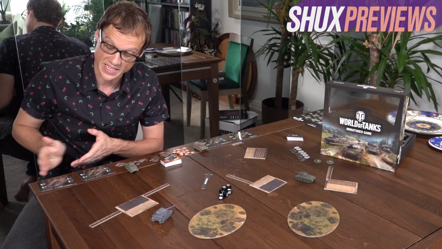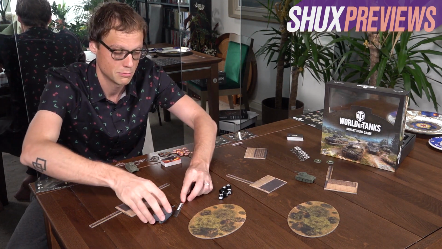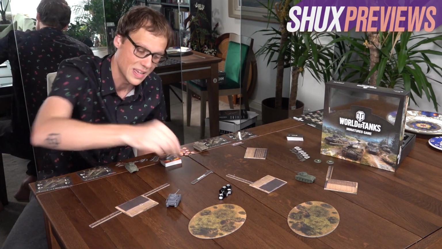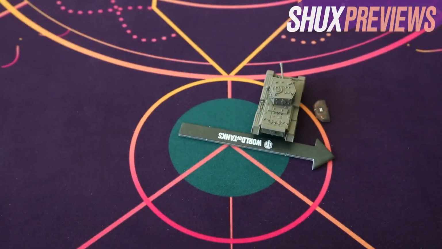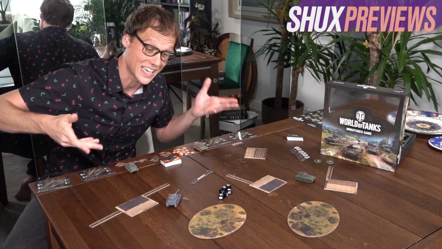So in the case of the PZ, it has a mobility of 2. So I could do that again, and move it again. And then, because it's moved 2, I would put a little 2 movement token next to it. And the reason I do that is because the more tanks move in a turn, the further they move,